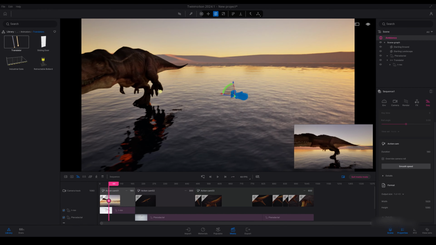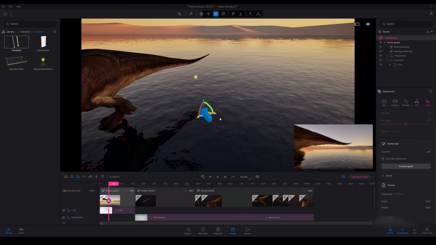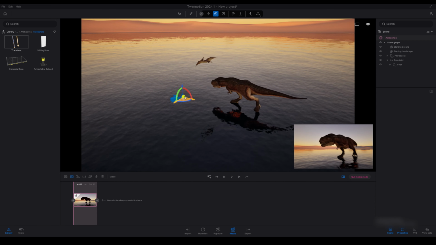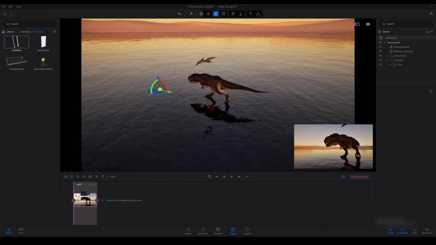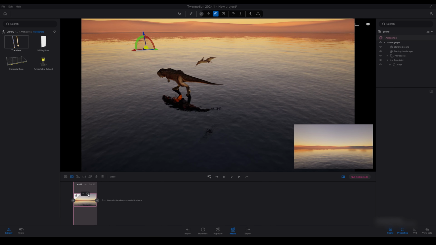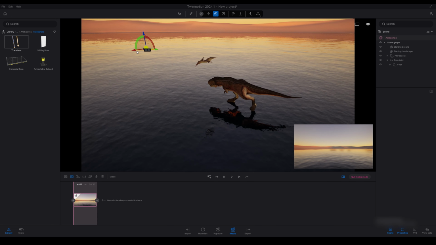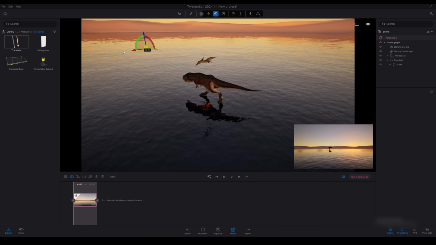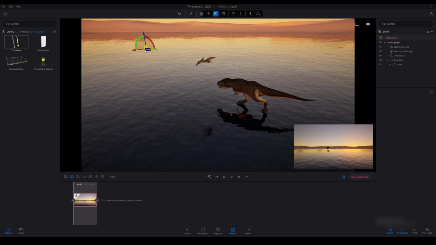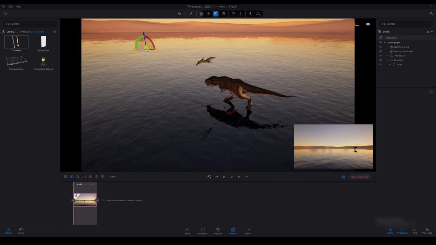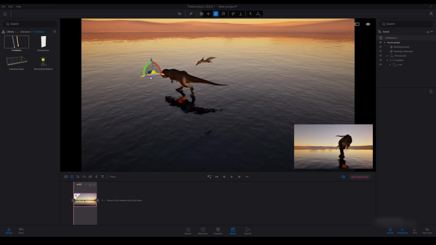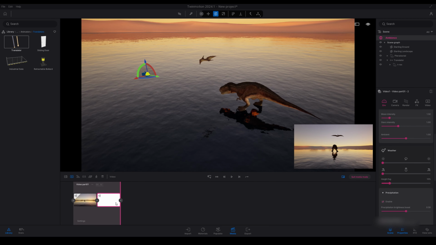So here we have our action camera, which I can move around. Once I have my camera selected and I have gone to video, I can see my video down the bottom here, so I can update that. Then I can move my camera, rotate my camera. So I've created my first keyframe. I'm going to move my camera and create another frame.